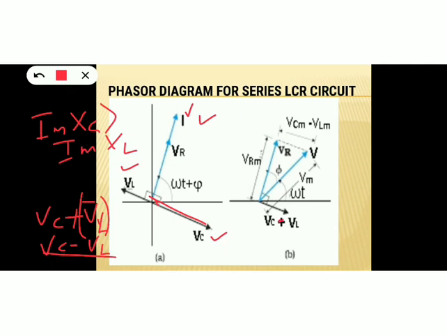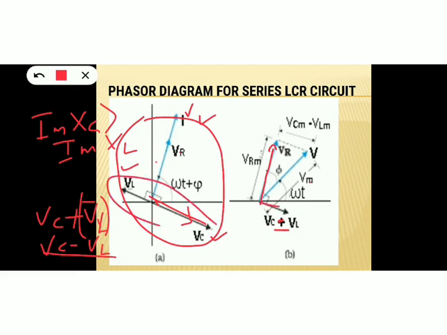So here it is given VC minus VL. And what will be the direction of that resultant vector? It will act in the direction of the greater vector, that is VC. So this complicated phasor diagram is simplified into this diagram. Here we have VR, which doesn't have any change. Then these two vectors are simplified, and instead of VL and VC, we now have the vector VC minus VL, that is the resultant of these two vectors, and it acts along this direction. Both these vectors will be mutually perpendicular.